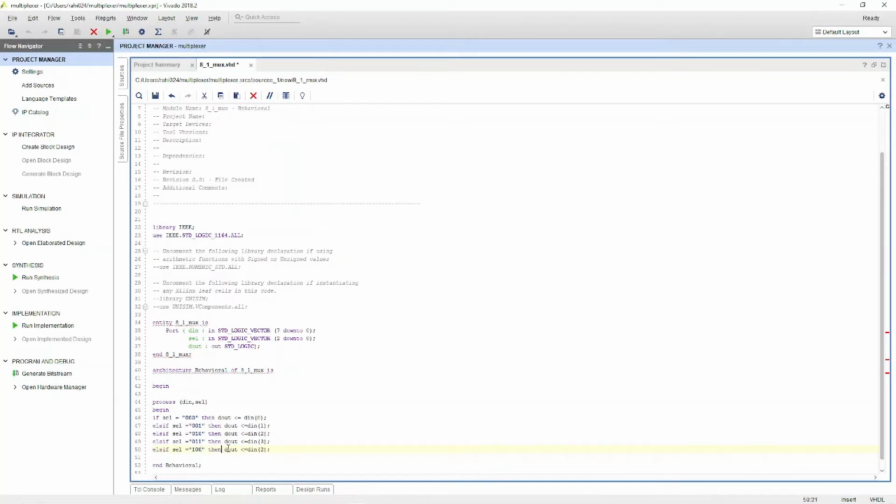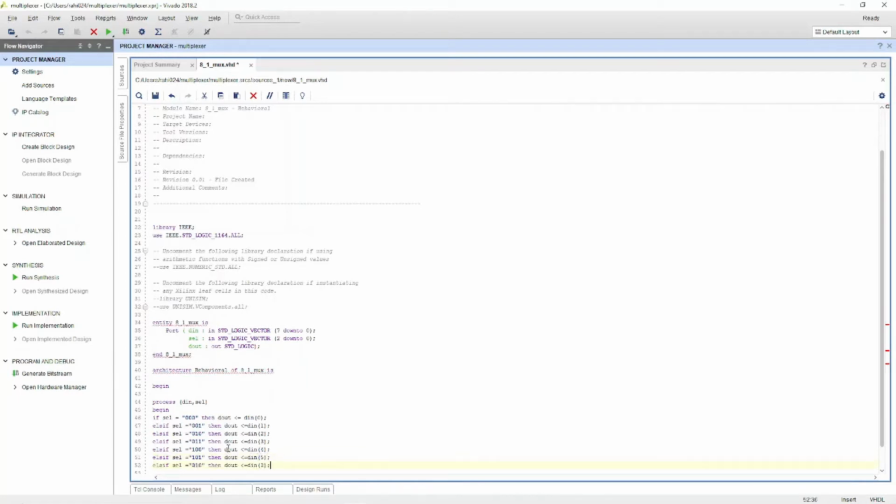I'm just doing it so that you are able to rectify the error in this editor itself. 100, then D in 4, then else if, Control plus V. If it is 101, then D out is equal to D in 5.